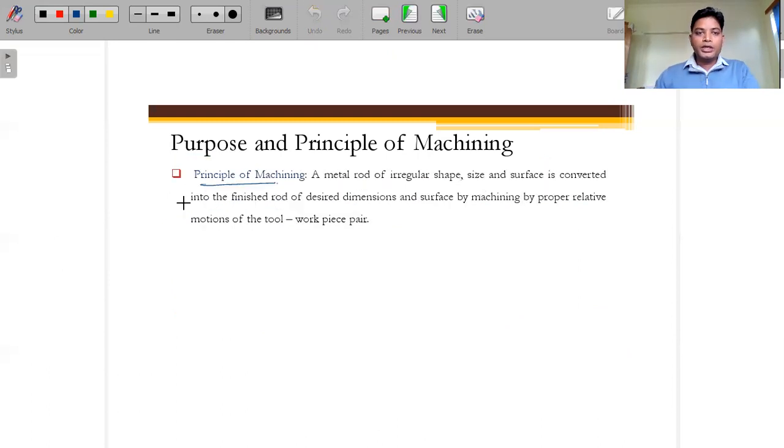Okay, now let's move to the principle, and again the same way, first of all I'm just using this definition, then I will explain you guys. A metal rod of irregular shape, size, and surface is converted into the finished rod of desired dimensions or surface by machining, by proper relative motions between the tool and the workpiece pair. Okay, so what's the meaning is